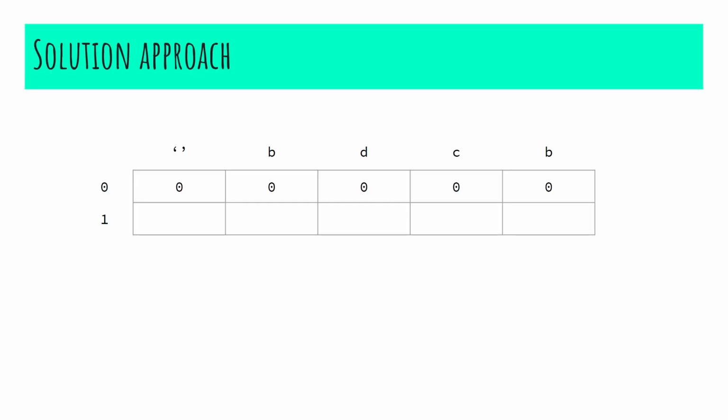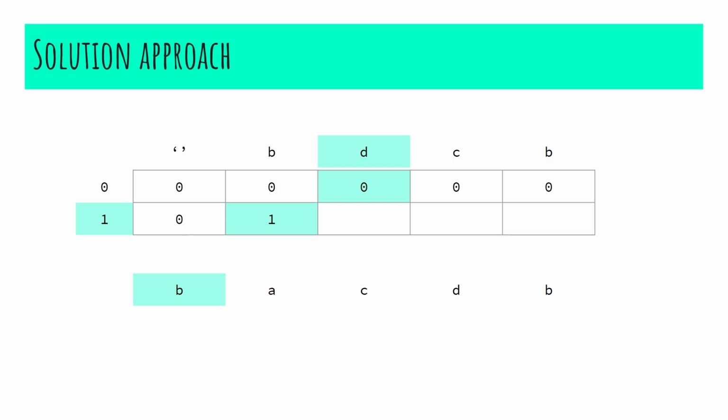Let's consider the same pair of sequences, that is BCADB and BDCB. This time let's construct the DP array with 2 rows and n plus 1 columns. We will fill the first row with 0 as usual. Now let's traverse through both the sequences from left to right. Like before, we compare the characters and store the value present in the immediate diagonal added by 1 if the characters are equal. Otherwise, we pick the maximum out of the longest common subsequence from the previous subsequences.